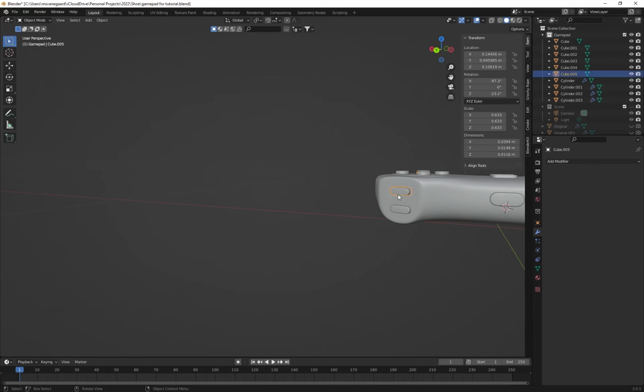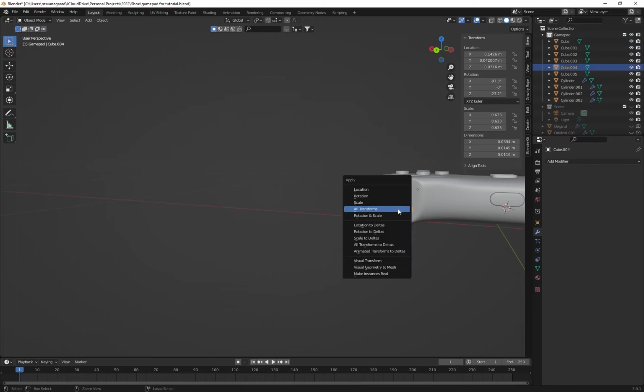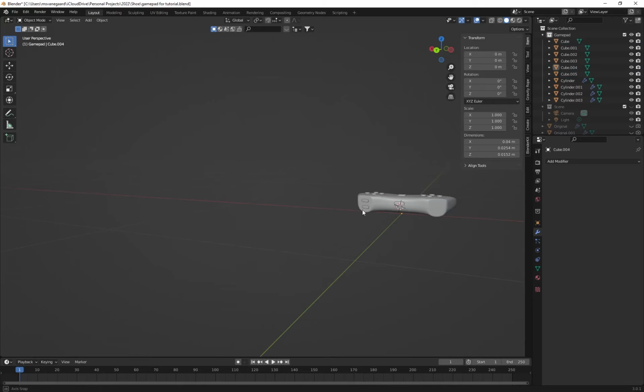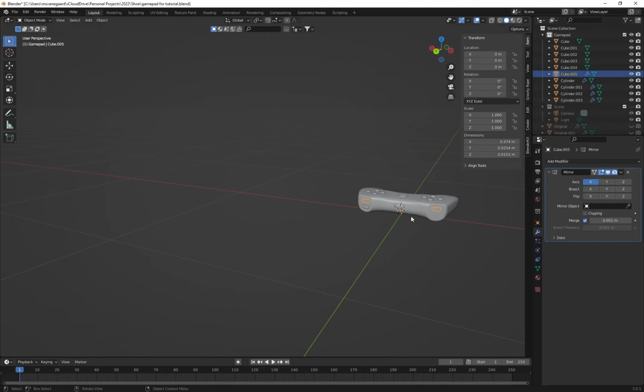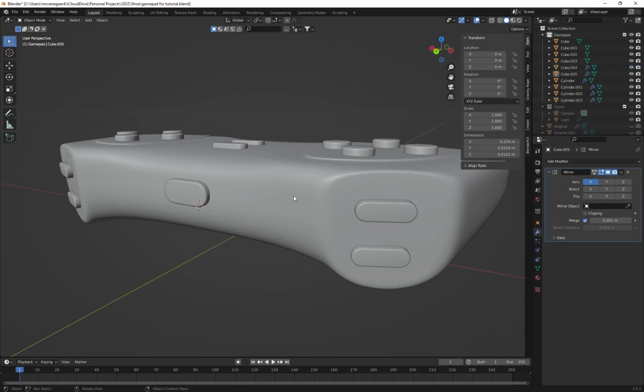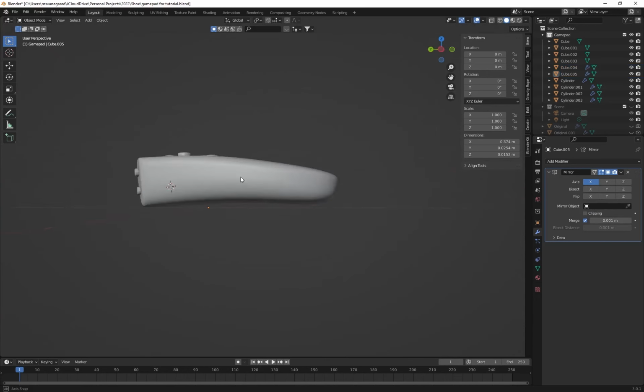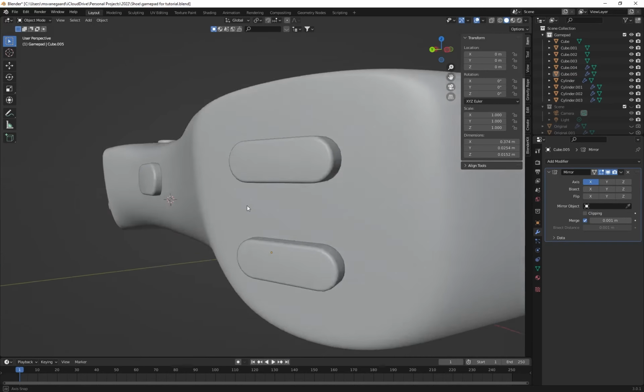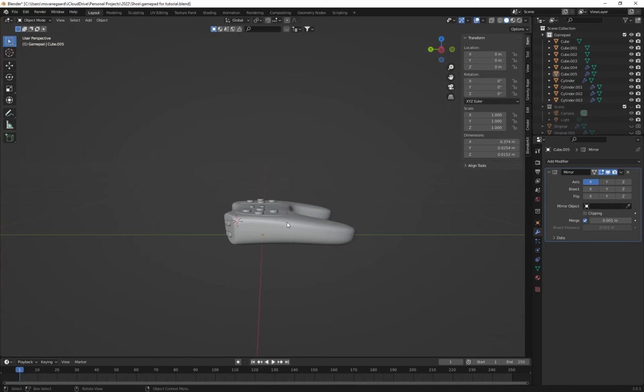And then, these we should remember to apply all transforms. Again, Control A, all transforms, apply those. And then again, going into this one, adding a mirror modifier. And again, selecting the two up here, copy to selected, right? So now we have all the buttons that I need,